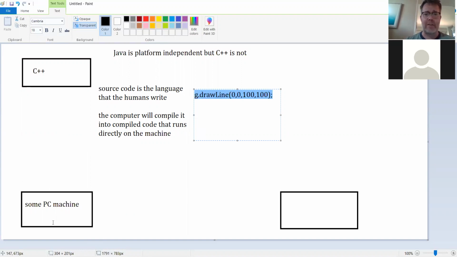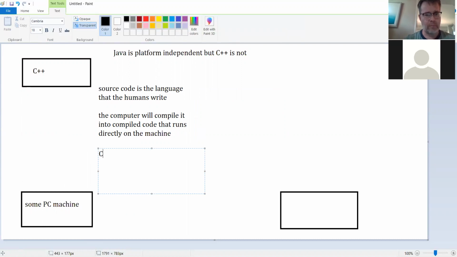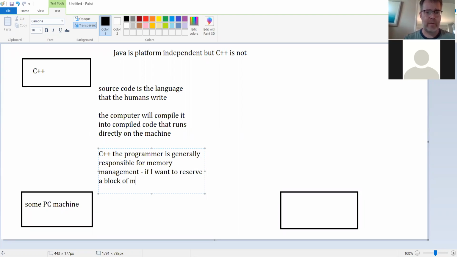if I change anything in the hardware configuration, that code is no longer going to run. I'm going to have to recompile it. Okay. Another issue with C++, the programmer is generally responsible for memory management. Okay. If I want to reserve a block of memory